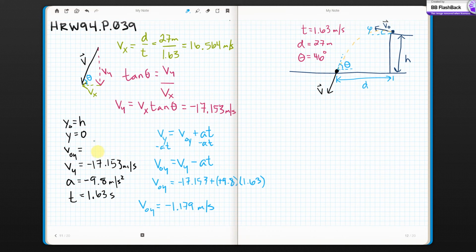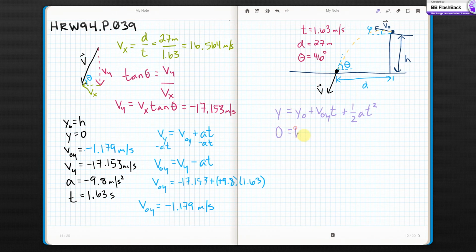Okay, so now I know that. I can go add it to the stuff I know about the y direction. Basically, now I know everything except for h. So I can use any equation I want to solve for h. So I'm going to use the one that's most closely solved for h already. And that's the big one. Y equals y naught plus initial velocity in the y direction times time plus 1/2 at squared. Well, put in what zeros you can. See, that's 0. That's h